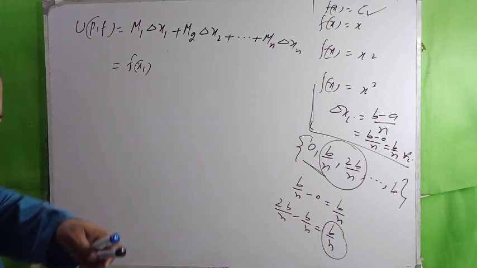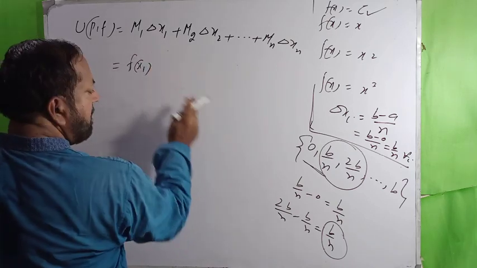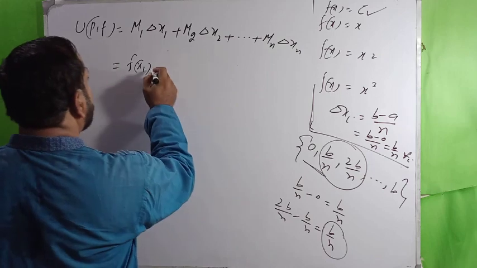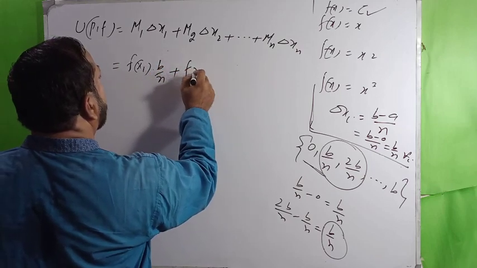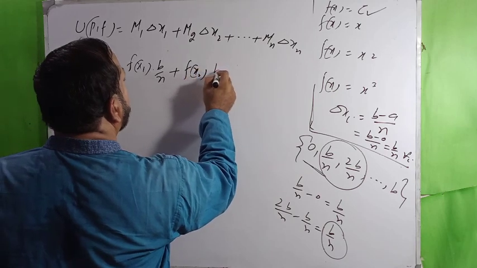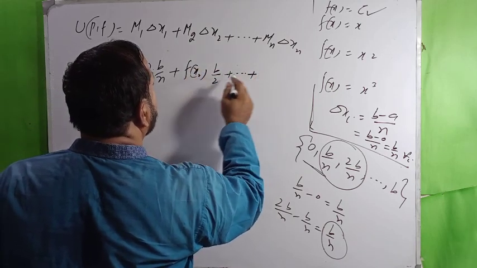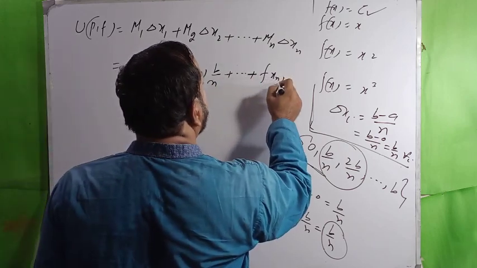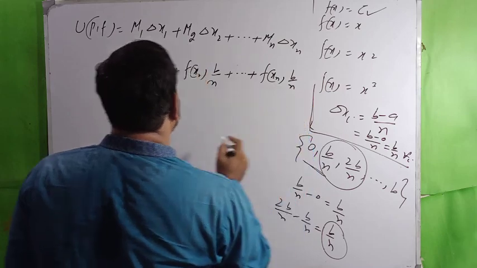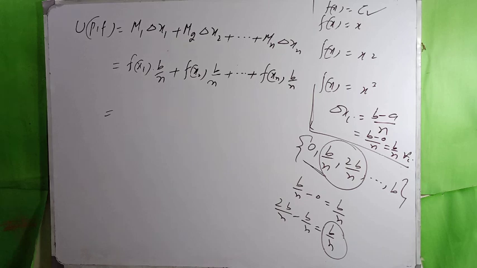This is f(x1). What is delta x1? Delta x1 is b by n, plus f(x2) b by n, and so on, f(xn) b by n. And what is this now? This is equal to